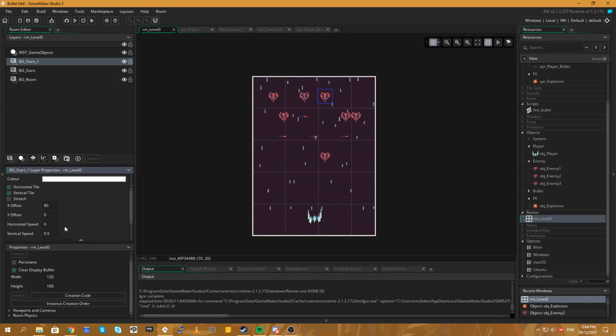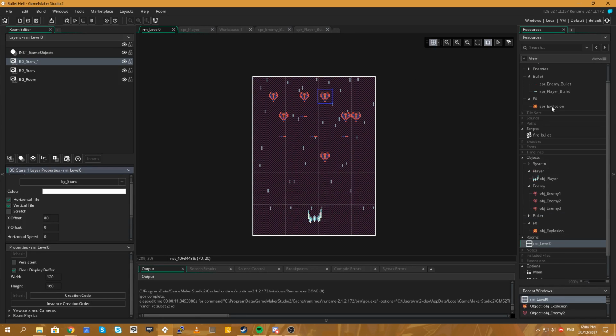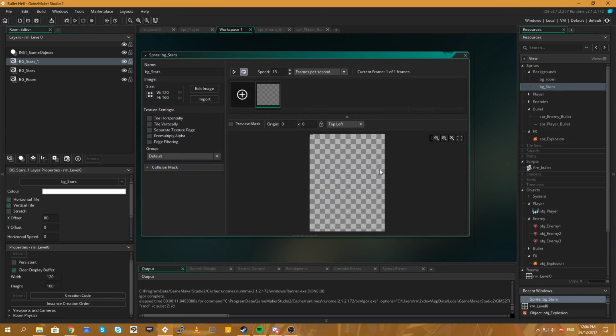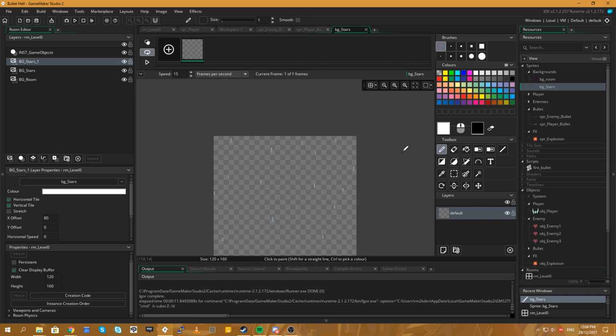The stars and bullets almost look the same. Yeah, I know. We can change the... I'll tell you what, let's do that. Let's just go into our backgrounds layer and edit this. And then all we'll do is... Well, actually, this is going to be a lot of work, but...